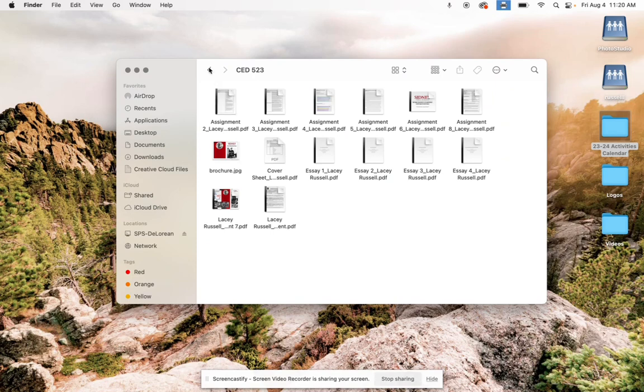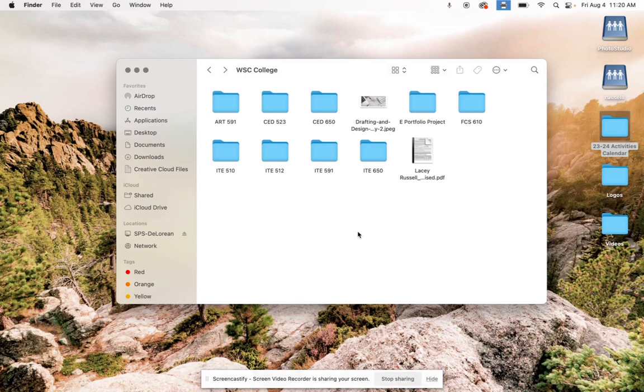So again, Canvas is super simple to use, but the nice thing about getting in the habit of doing this is all of your documents are going to be super easy to access, instead of having to go through Canvas and click on all of the different assignments and download all of the work that you uploaded. It's all right here. So when you go to start creating your portfolio, it's really easy to access all of your documents. And after you graduate, you'll have access to these files for as long as you choose to keep them.